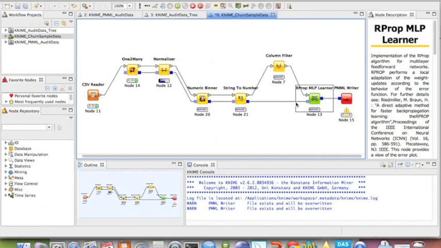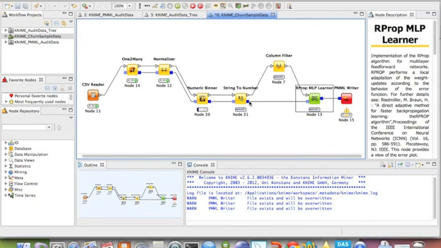So note here that these nodes are connecting two ways. We have the blue ports that represent the PMML flow, and the other connections that represent the typical flow of data here. So every time something gets executed in one of these nodes, there is a PMML export that moves from node to node, and we eventually get to the neural network node and it is appended together in the PMML writer node. So when the PMML writer node is executed, what you get at the end is a neural network